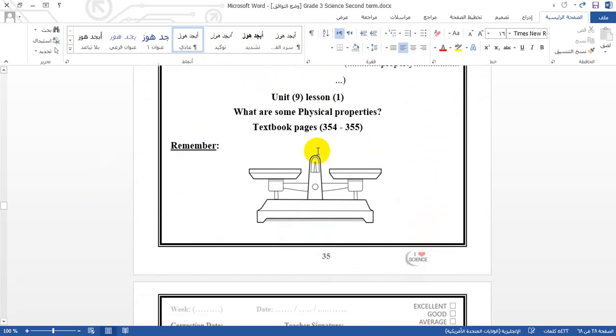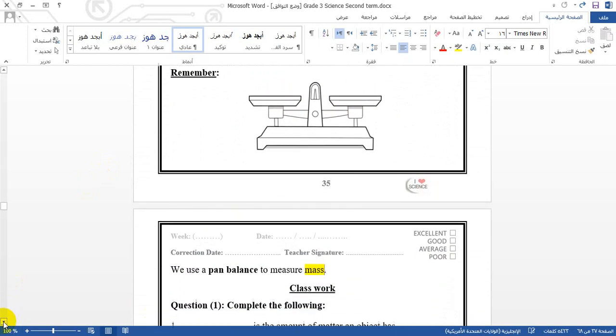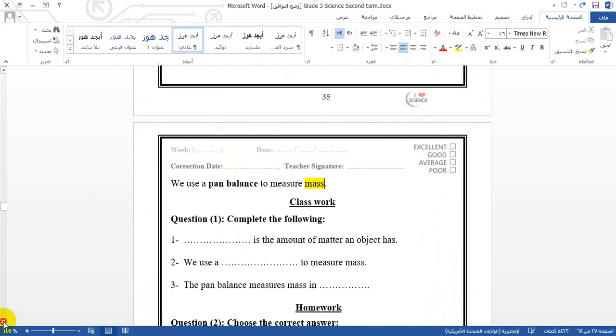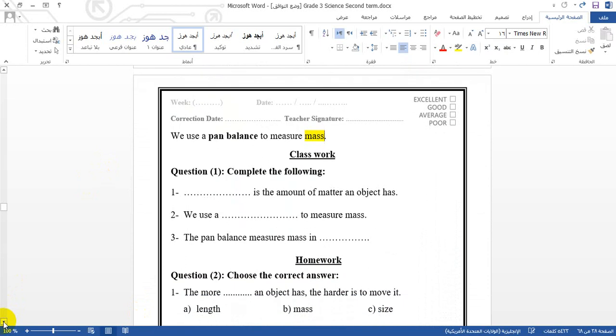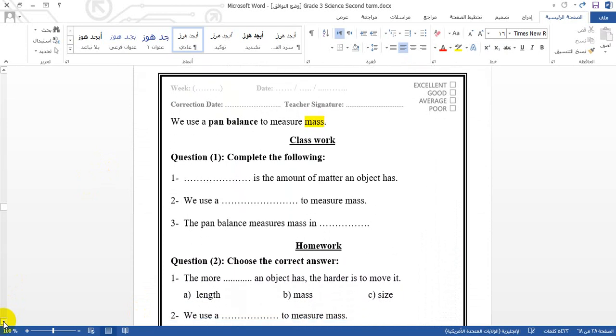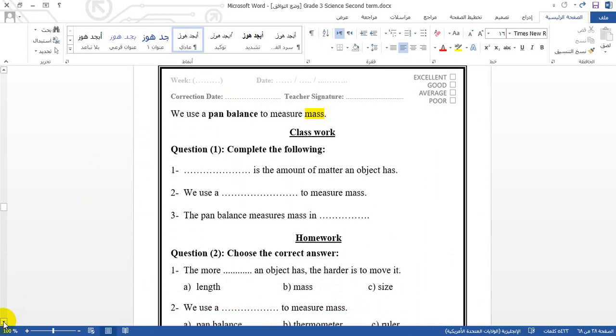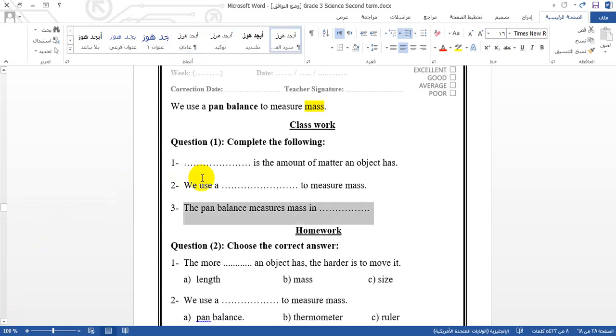Here. So we are on page 35. This one is the band balance. Classwork, page 35. He is asking you to complete the following spaces here. In question 1 you have to complete the following spaces. So starting with question number 1,